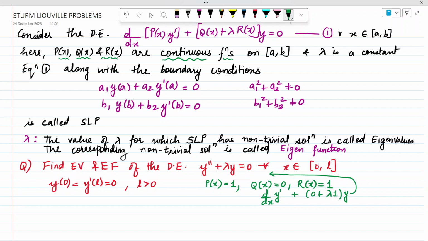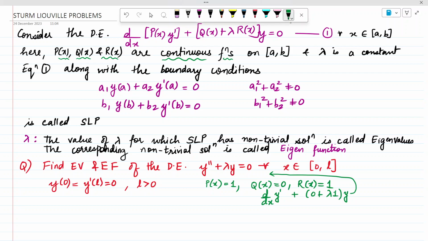Yes, ma'am. Okay. So this is how you need to identify P, Q and R. Of course, we'll learn the normal method also. We'll learn the different method as well. Okay, कैसे convert करना है, क्या करना है. But right now, I hope you have understood that this question is what we're dealing with is a Sturm Liouville